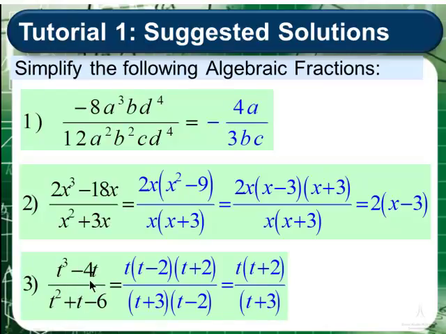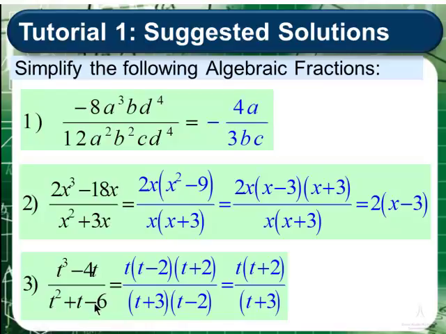If we look at the numerator in this case, we see that t is a common factor. If we take that out, clearly we have the difference between squares, namely t squared minus 4, which can factorize, as we saw before, using the factors t minus 2 and t plus 2 respectively. Below the line, we have a classical case of factorization of a trinomial. We have to be careful here to place the plus and the negative. There will be different signs for the two factors, since we have a negative for the final term, third term for the